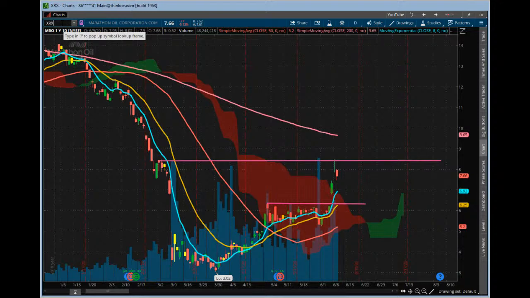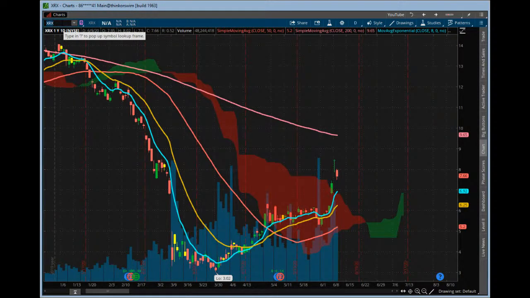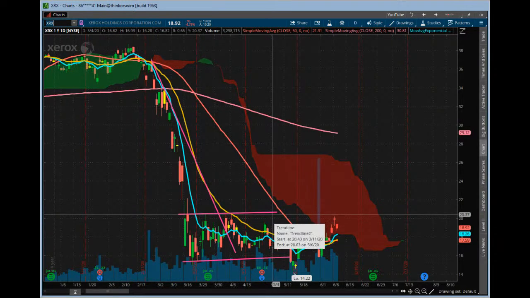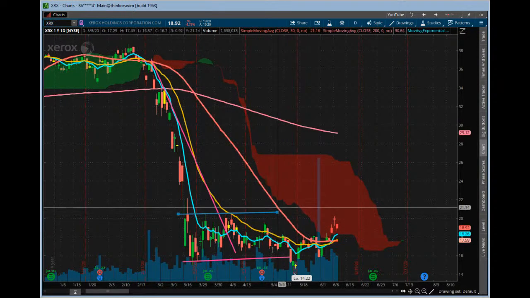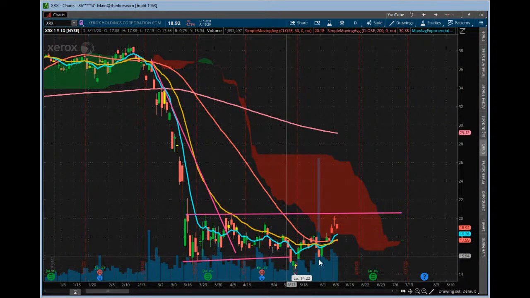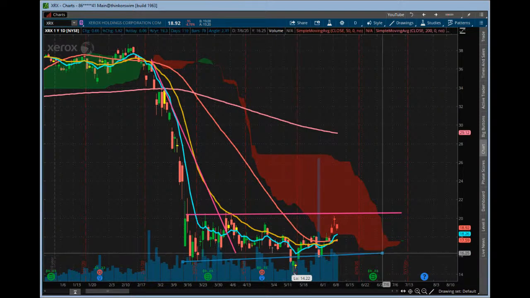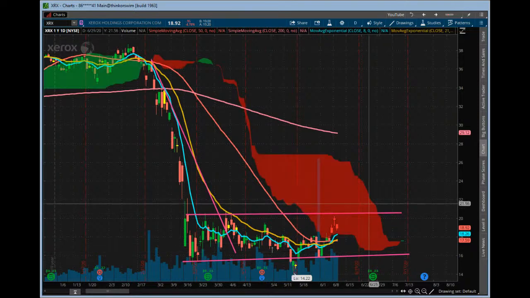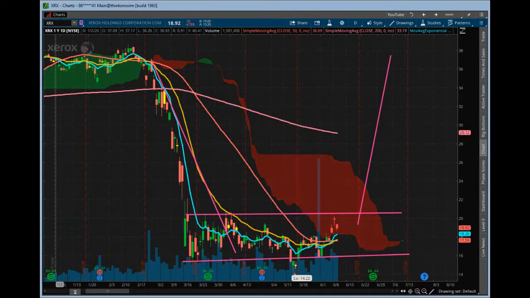The next, XRX. Let's take a look. So the Z-Rocks. Yeah, it tried to get a move into the cloud, but it's still range bound. This thing probably will move eventually, right? But it's still really stuck in this range. So definitely keep an eye on it, right? So here's your markdown accumulation period, right? There's definitely some volume coming in, and then we'll just wait for the markup period, right? See when it can do that. So it needs to break out first. It needs to give us some clues.